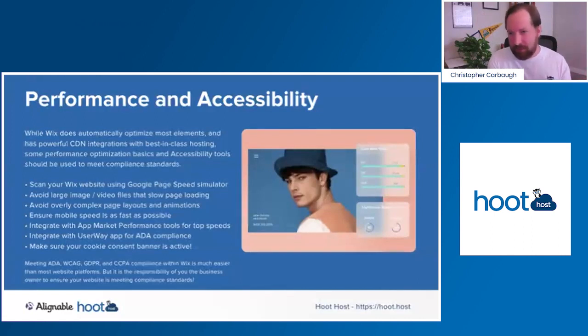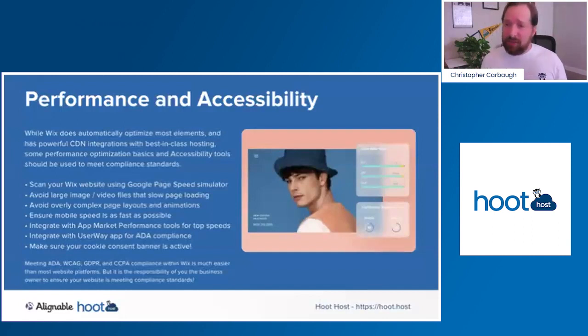It's very easy to get a high score on desktop. Mobile is where the challenge is. We don't want to see green for desktop and red for mobile. We want to try to get that mobile score as high as possible. It's very, very important. And for anyone who is having potential performance issues in Wix, your site's just loading kind of slow, not really doing a great job,